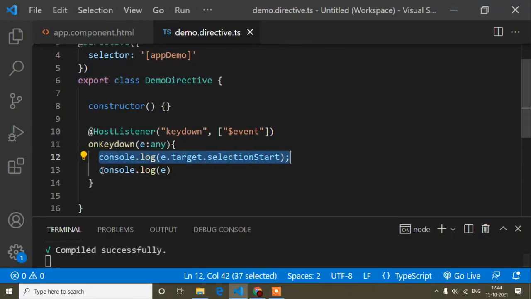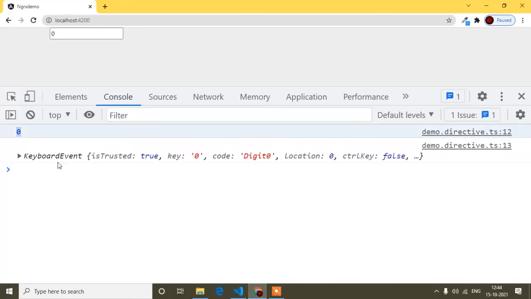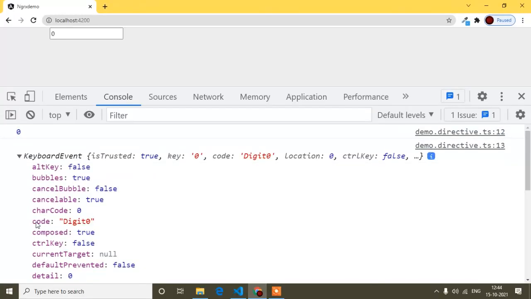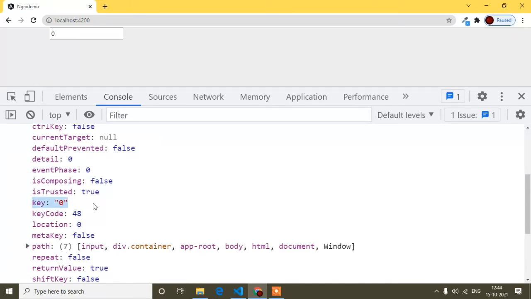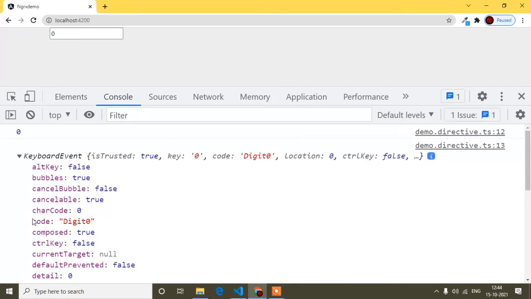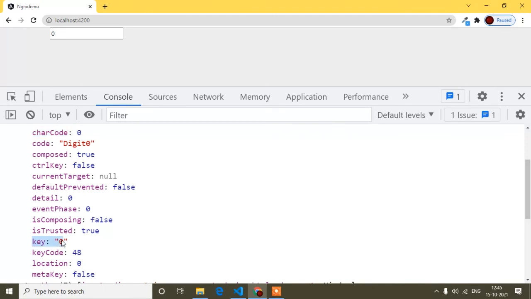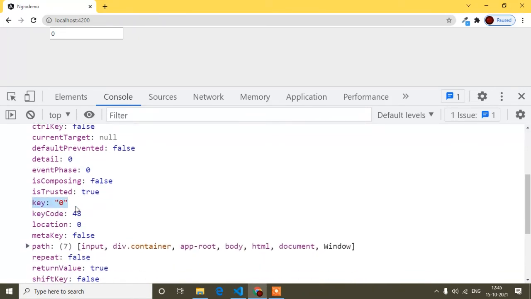And in this console e, here I am getting the keyboard event, code is Digit0, charCode is 0, and key is 0. So I can take anything. You can take code Digit0, charCode 0, or key 0. Here I will take key only. You can take the keyCode also, anything you can take, but I will take key.